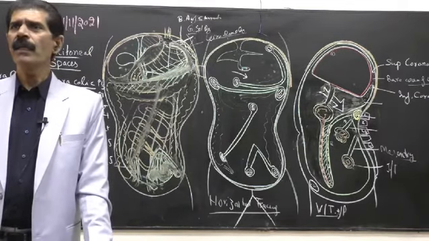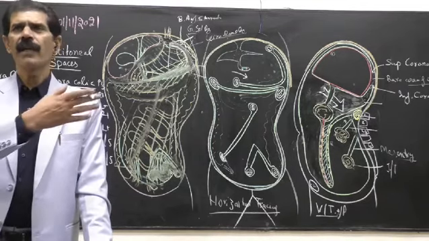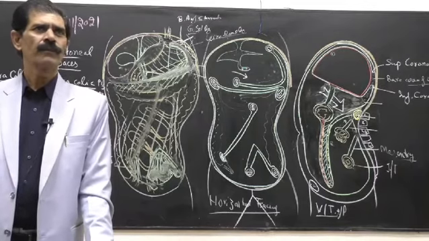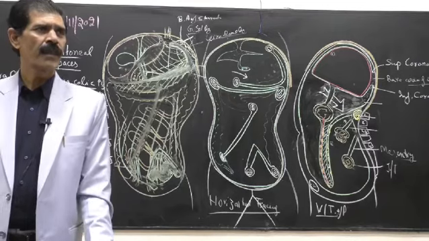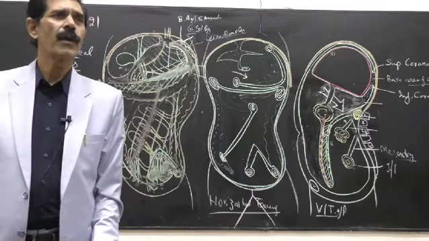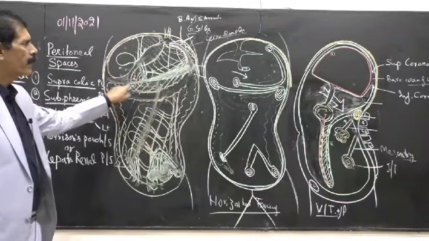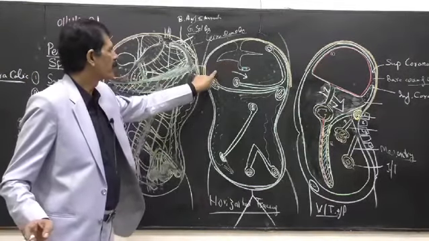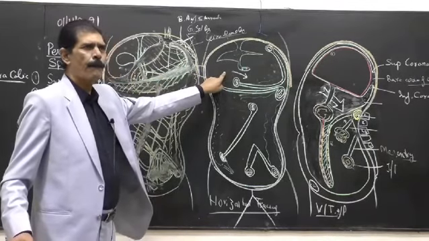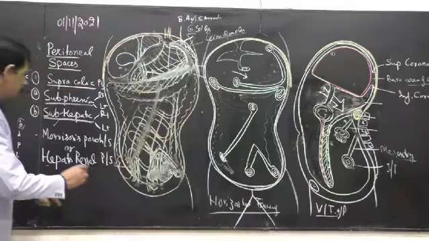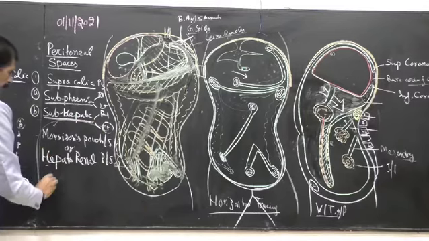And applied anatomy is common with the lesser sac, which we are doing next. So the applied anatomy of both is the same, and you can write both of them. This is how to attempt the question on Morison's pouch and make the diagram. So this is Morison's pouch, if you see. Both diagrams you have to make. Then the left subhepatic space is called the lesser sac.